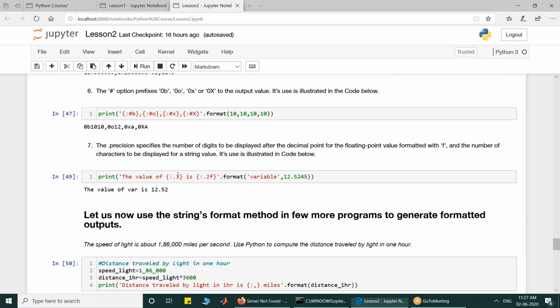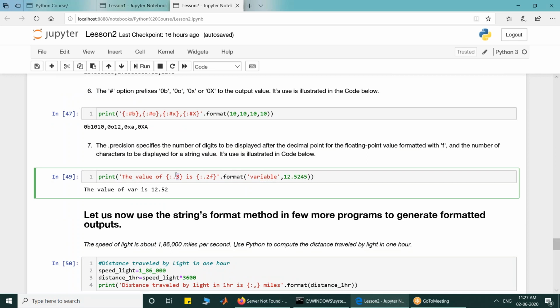So this precision is basically telling you how many characters you want to get from a string, or how many decimal digits you want to display after the decimal point. If you have written .3, it says that from the string I am going to display only the first 3 characters. So the variable will not be displayed in full, only the first 3 characters, which are VAR, will be displayed.